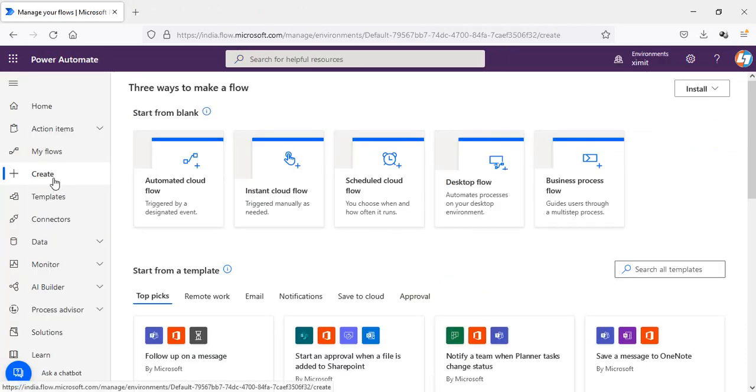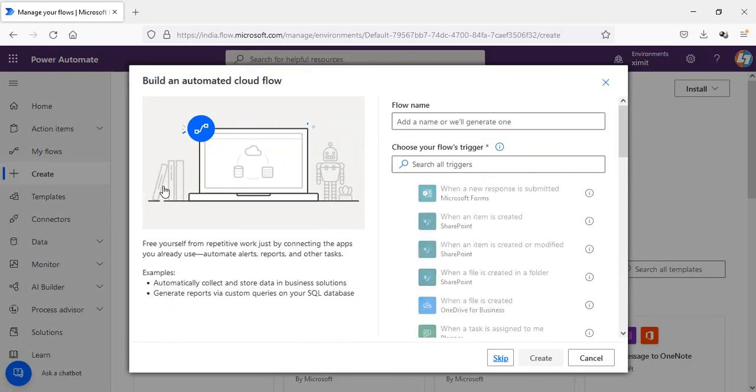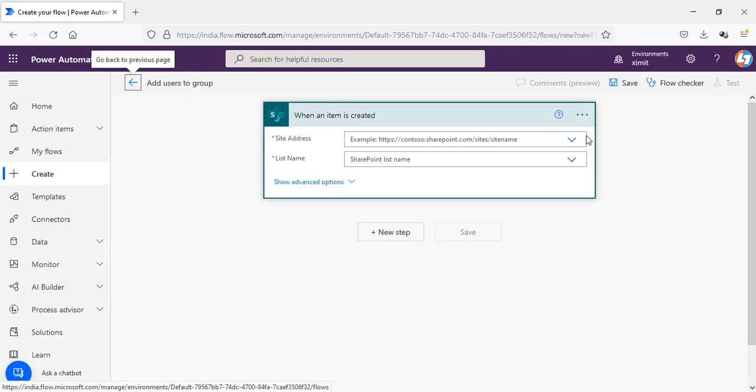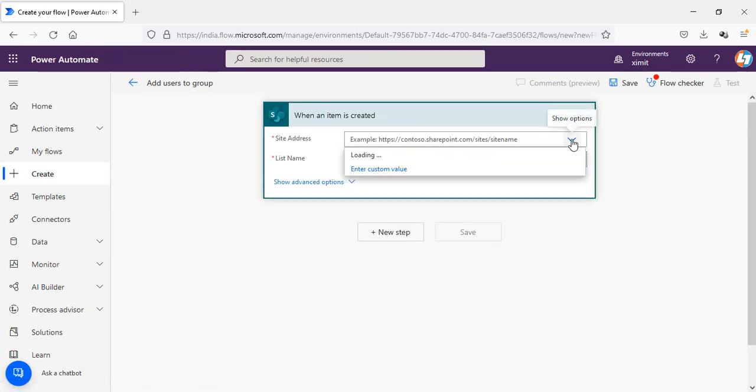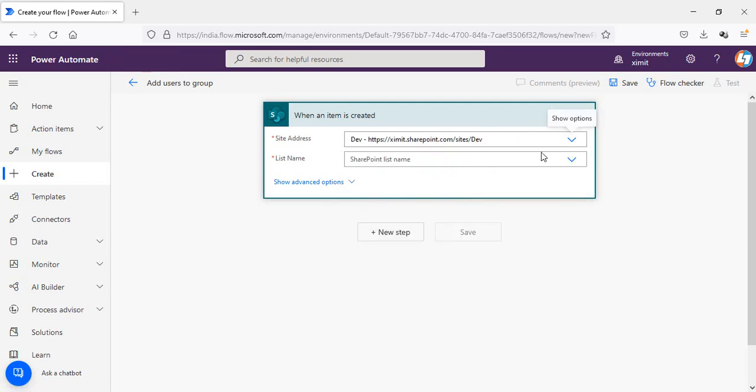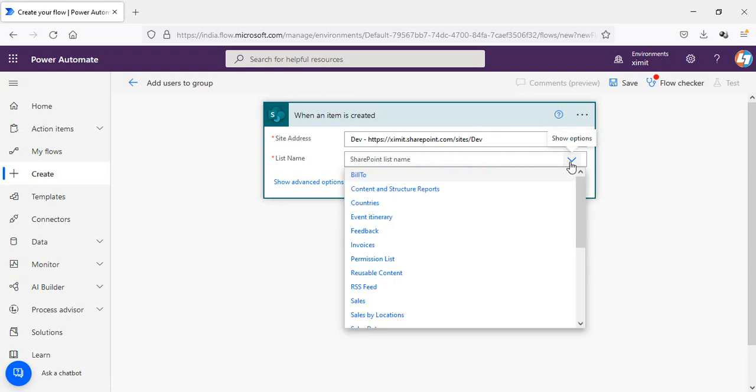I'll go into my flows and create an automated cloud flow. The trigger is when a new item is created in SharePoint, and the flow name will be add users to group. For the site address, I know my site, this is the dev site, and